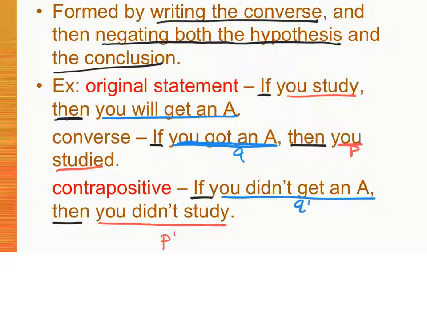We're not talking about whether it's true or not. We're just saying it's a statement. And the way that that looks is, if not Q, then not P. Notice both the Q and the P have changed position, and I have negated them. I have made them the opposite. That's what that little mark means right there. I have said the opposite.